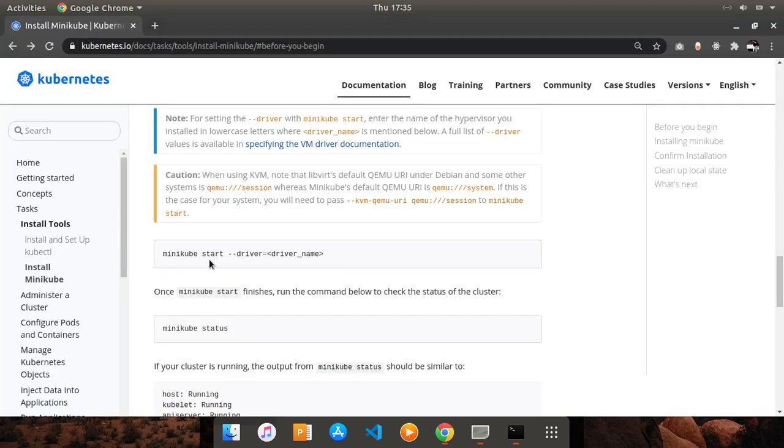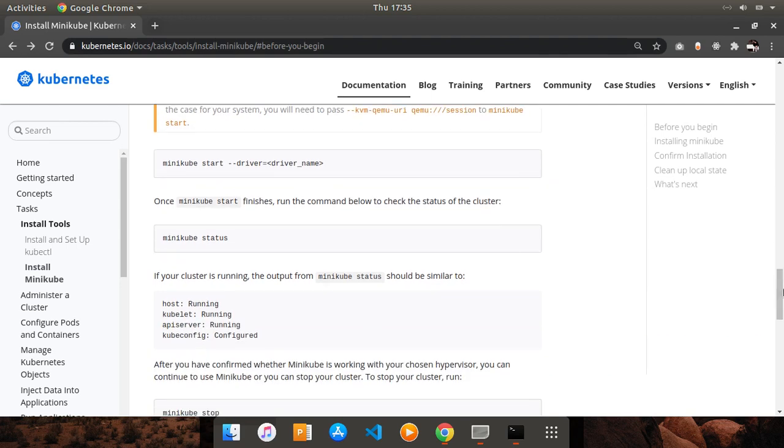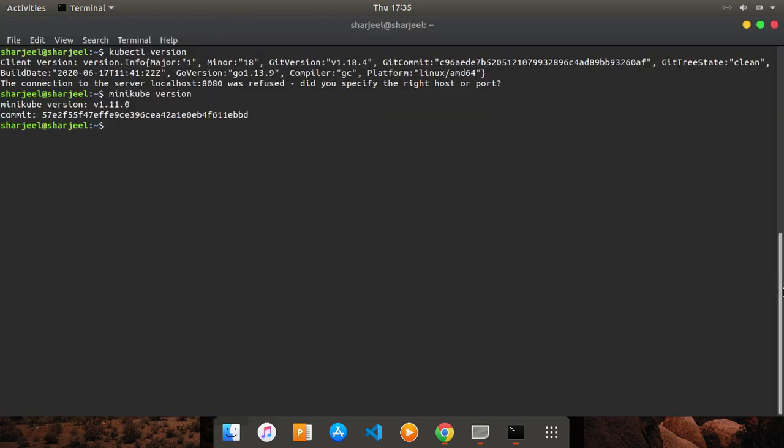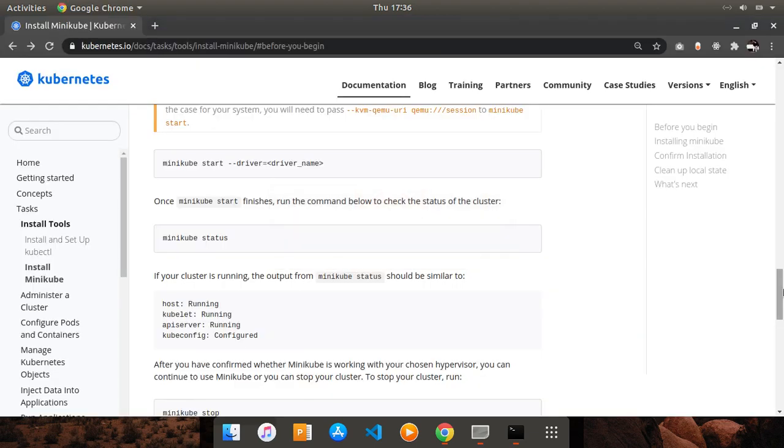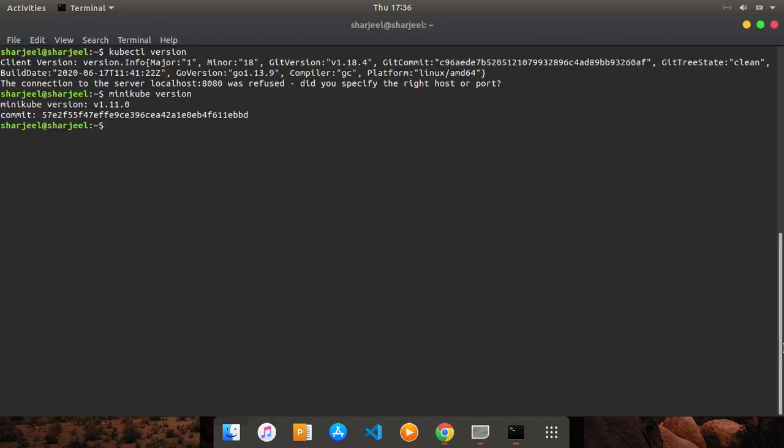Now we need to start our Minikube. So we have successfully set up. Now there are two ways. We can use VirtualBox, or we cannot use VirtualBox. I have VirtualBox. First of all, I'm going to show you how to use VirtualBox with this command, and after that we will use it without VirtualBox. So we come here and I need to type here